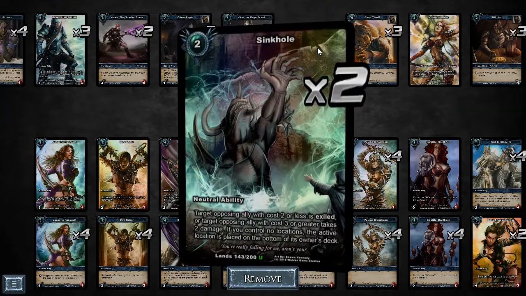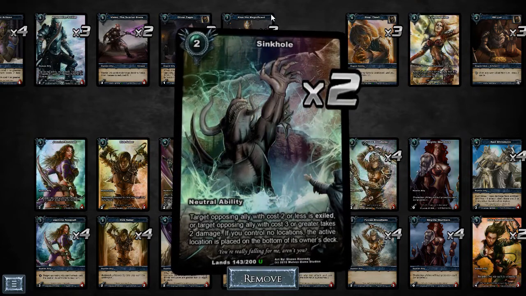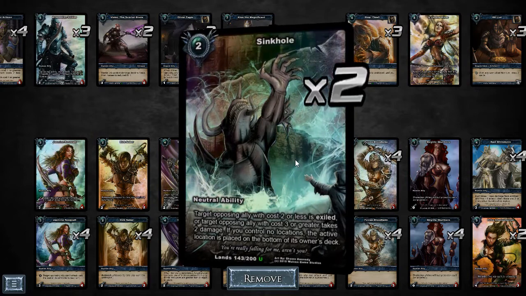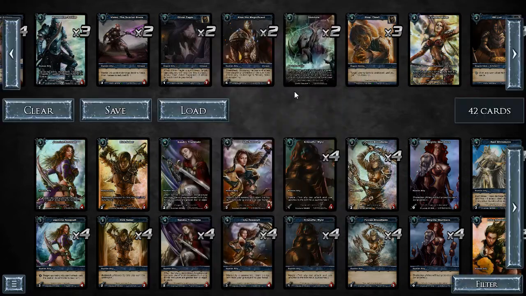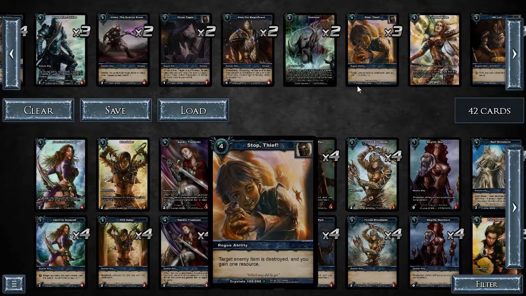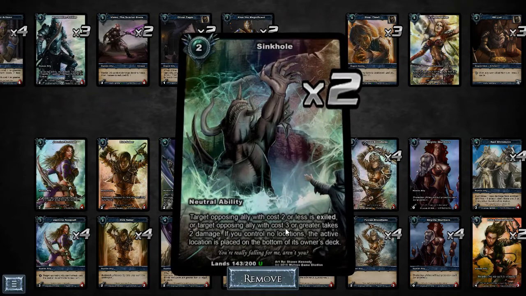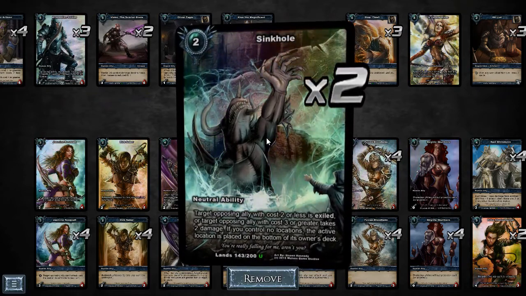I don't have any high damage ability damage in here. This is the only ones that I decided to put in here. It's a sinkhole, and a target opposing ally that costs 2 or less is exiled. And if it's an ally with 3 or greater cost, this deals 2 damage to it. And also, if you don't have any locations in play, this will shuffle the current location controlled by your opponent